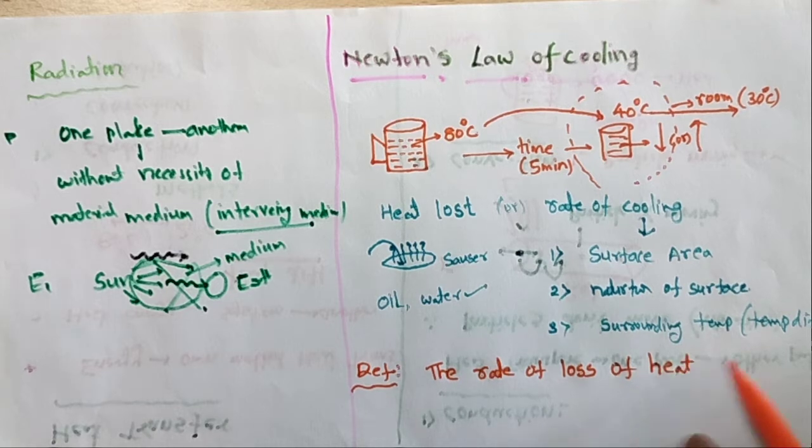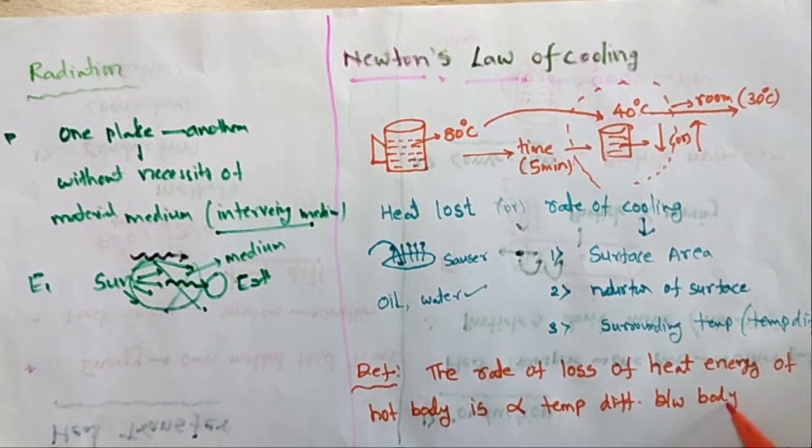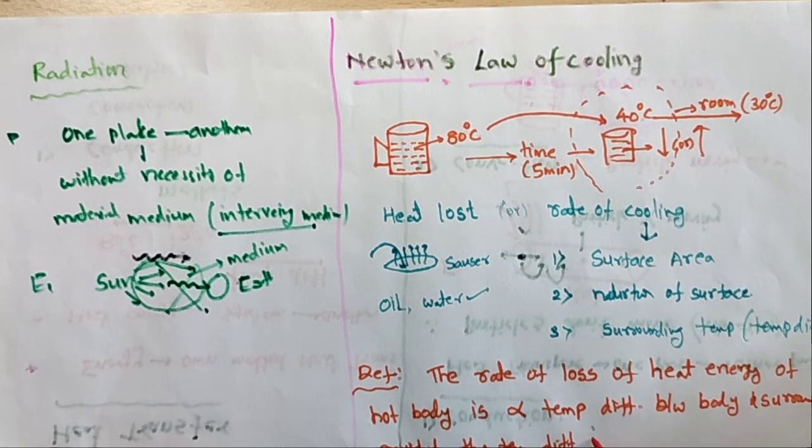The rate of loss of heat energy of a hot body is directly proportional to the temperature difference between the body and its surroundings, provided the temperature difference is small, approximately 30 Kelvin or 30 degrees, and